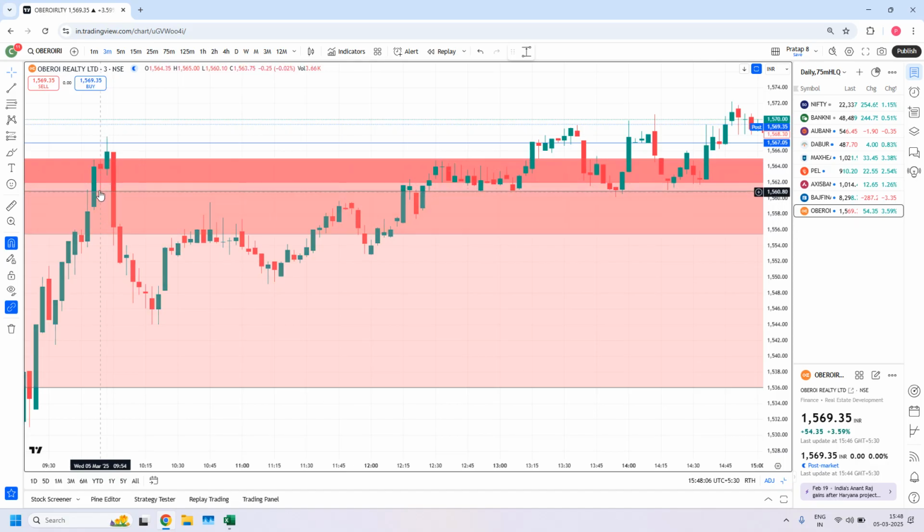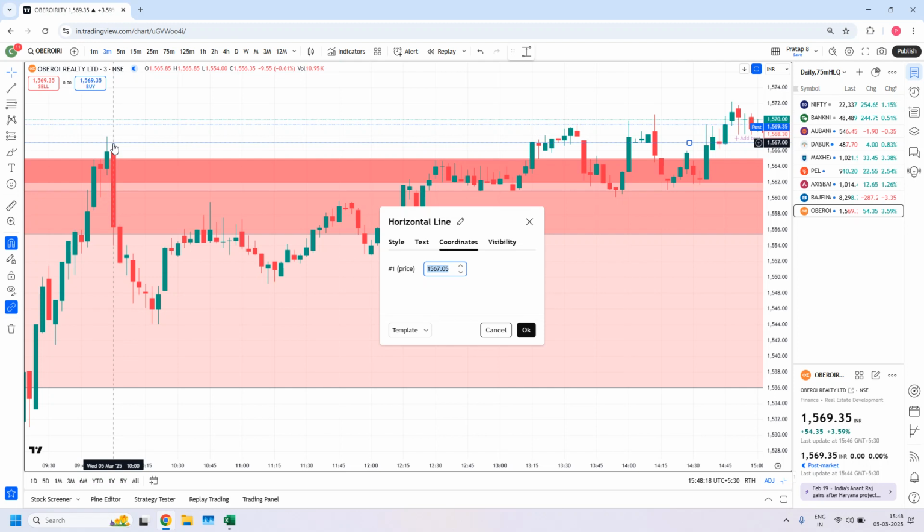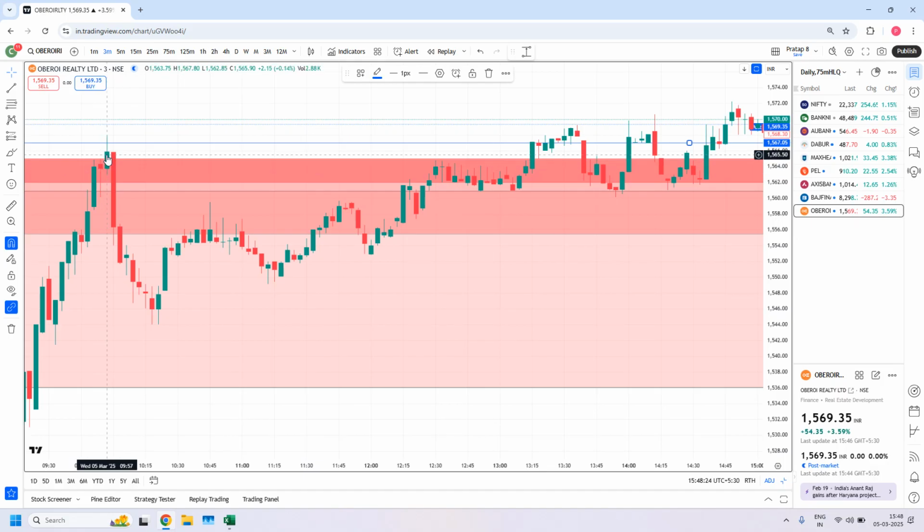Prices again sharply moved up, and this time this is also violated and went beyond the stop buffer value. What is our stop buffer value? 1567.05. What is the high of this candle? 1567.80. That means 75 paisa beyond the stop buffer